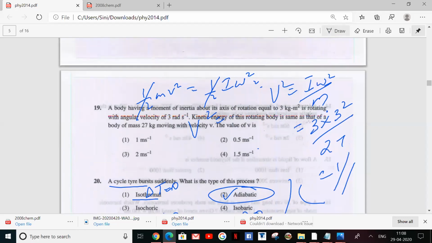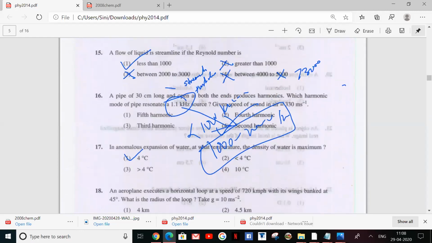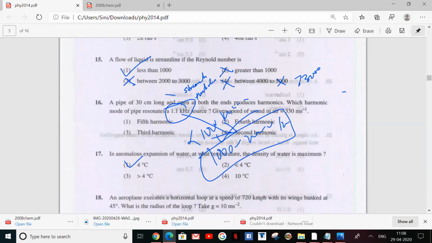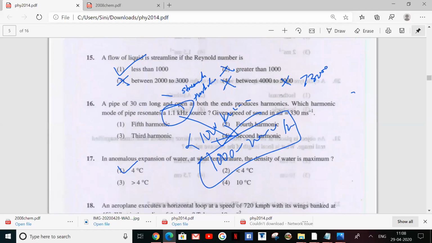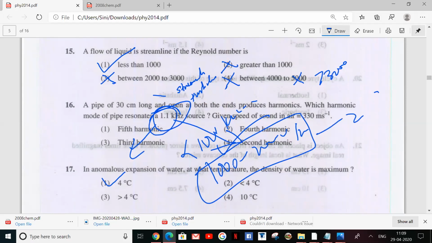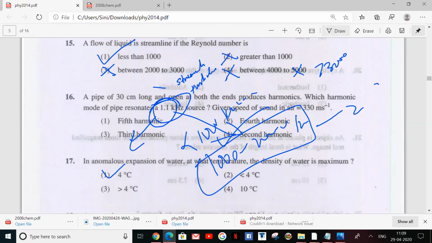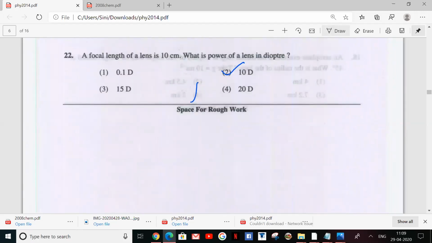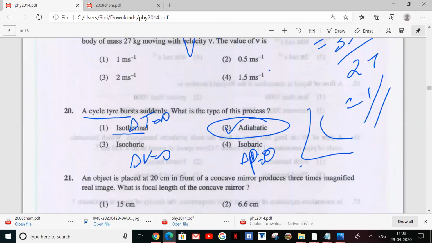And one more shortcut. One of my students asked, I think most of you had exited at that time: for a pipe, how to find the second harmonic. There is a range. If it is less than 1000 hertz, that is the first harmonic; 1000 to 2000 is the second harmonic; 2000 to 3000 is the third harmonic; and 3000 to 4000 is the fourth harmonic respectively. So we can do the questions really fast.